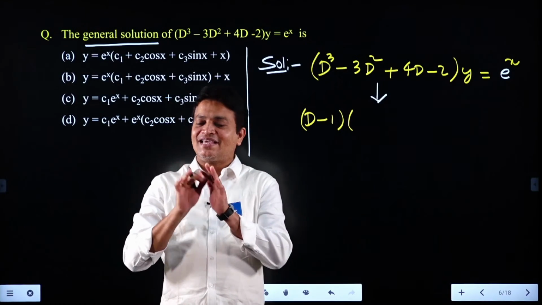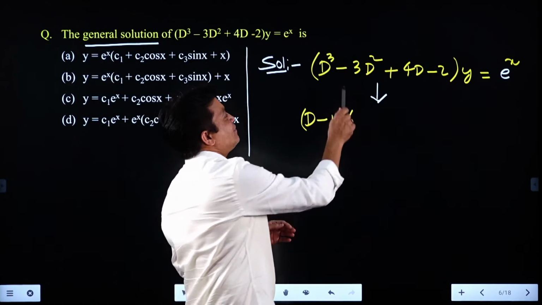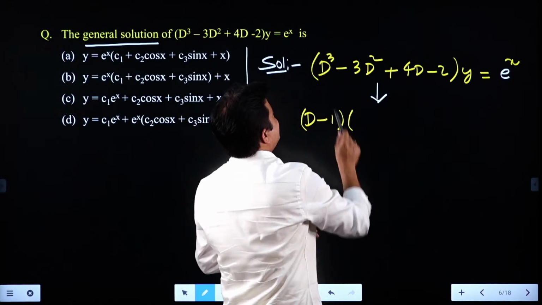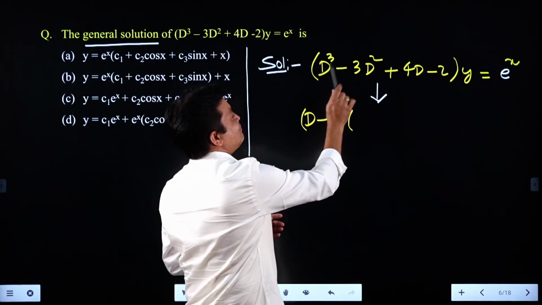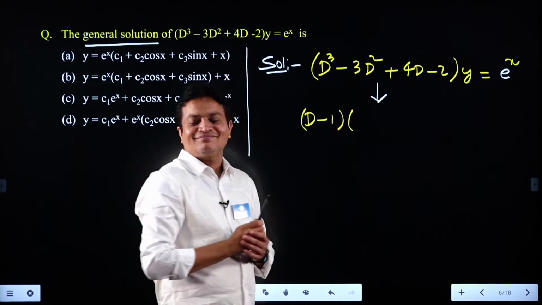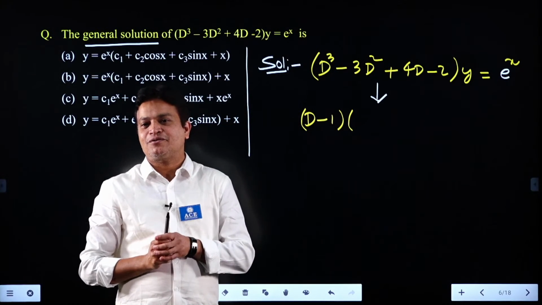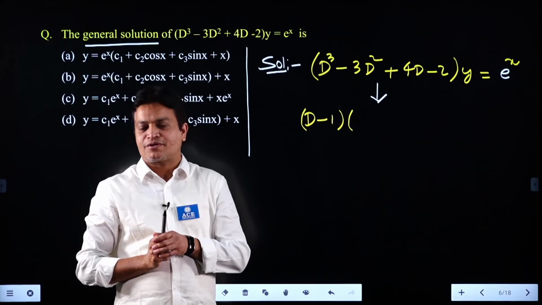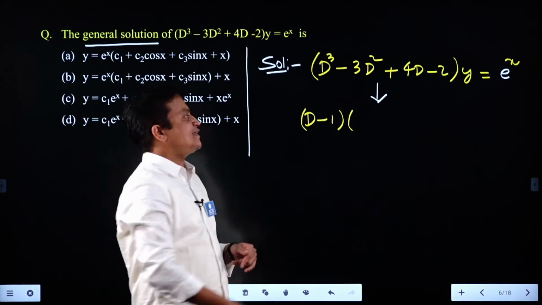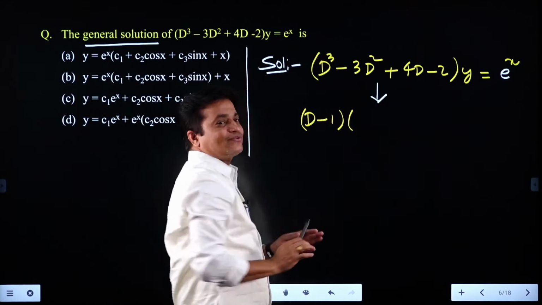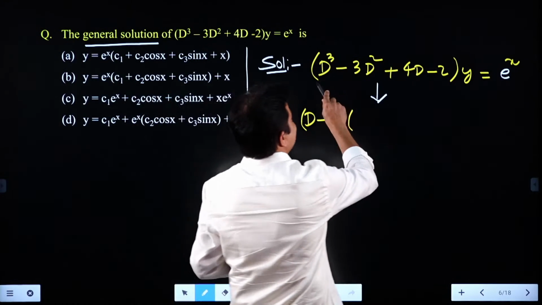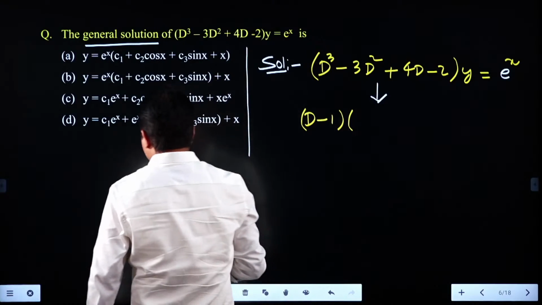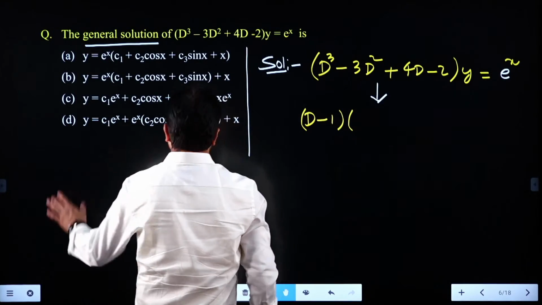How to understand D minus 1 is a factor? Simply minus 3, minus 2, minus 5, 1 plus 4, 5. If I put D equal to 1, 1 minus 3 plus 4 minus 2, 5 minus 5 will get 0. That means D equal to 1 is a root. D equal to 1 is a root means for this D minus 1 is a factor. That is a simple thing. What is the other factor? One simple technique is there to find